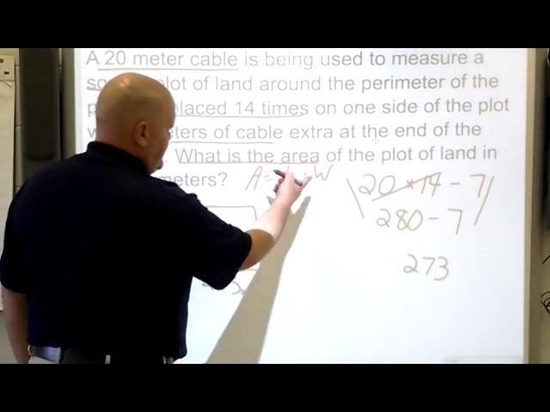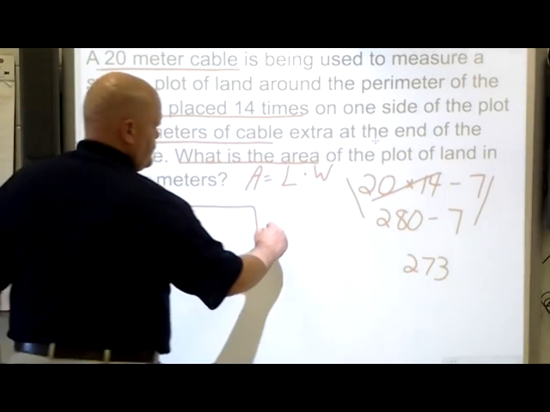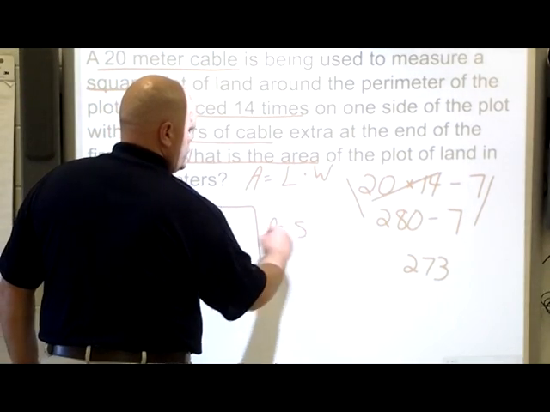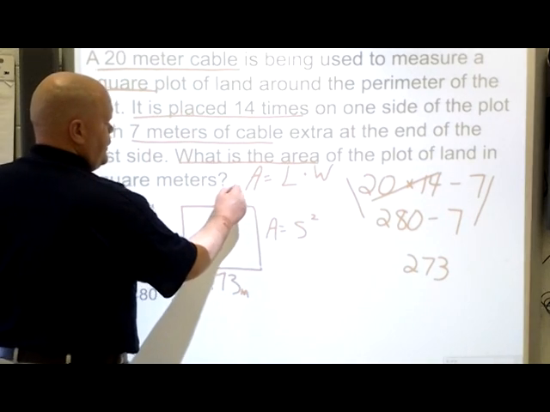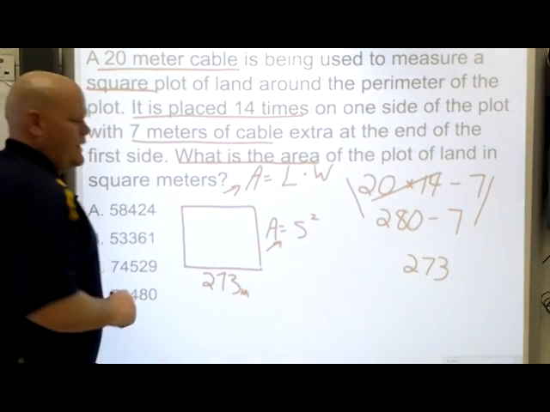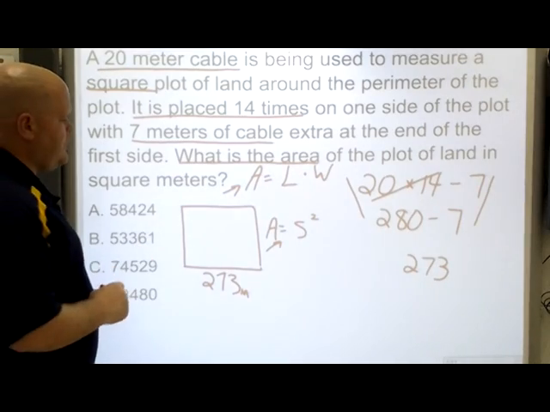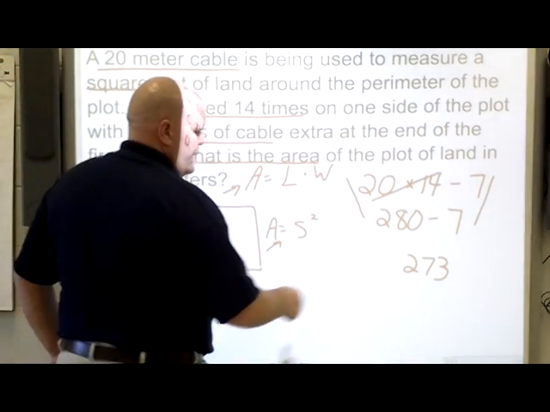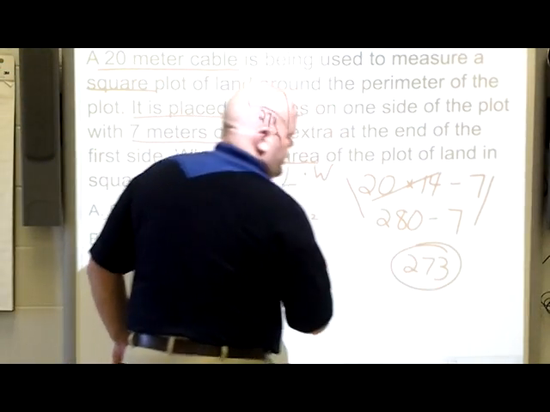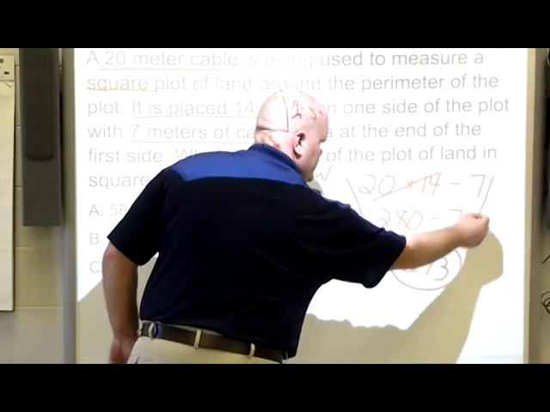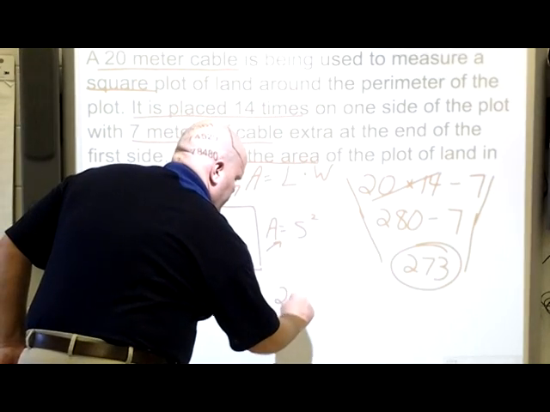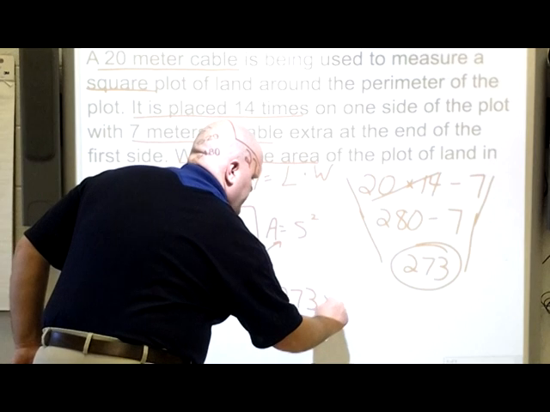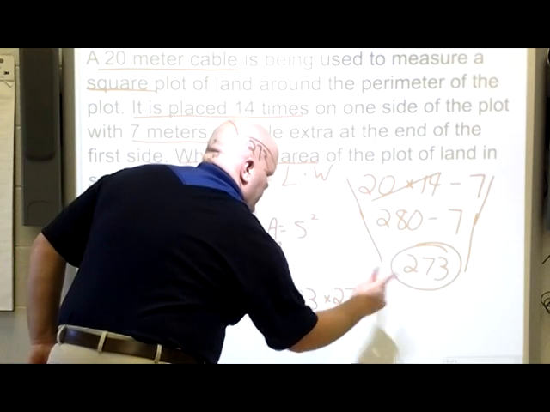The formula for a square is length times width. You can use that, or also for a square, side squared. So you've got two different formulas that are going to give you the same result, the same answer, all right? So I'm going to take the 273 right here, my answer, funnel down to that. I'm going to take 273 and multiply it by itself, or you can do this,